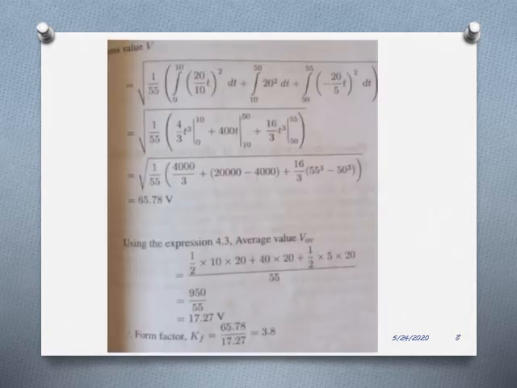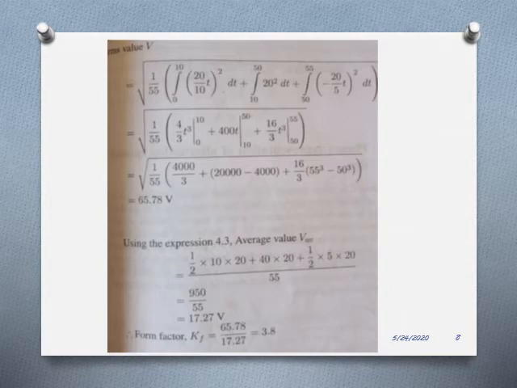In order to calculate the RMS value, you need to split the time intervals from 0 to 10, 10 to 50, 50 to 55. So the equation becomes square root of 1 by 55 times the integral 0 to 10, that is basically a sawtooth waveform. You need to find the function v of t using the slope equation. v of t is equal to Vm divided by T into t. Here in the question, Vm is given as 20 and the time period is 10. So it becomes 20 by 10 t the whole square dt, plus the second time interval 10 to 50,